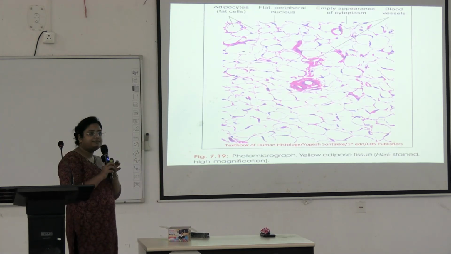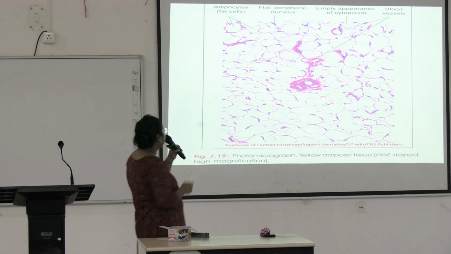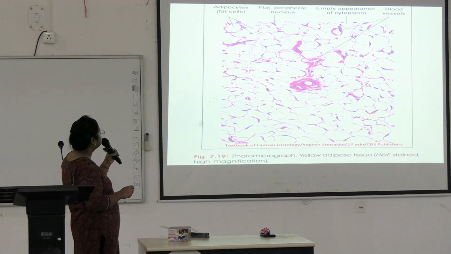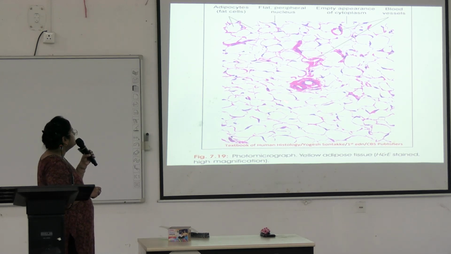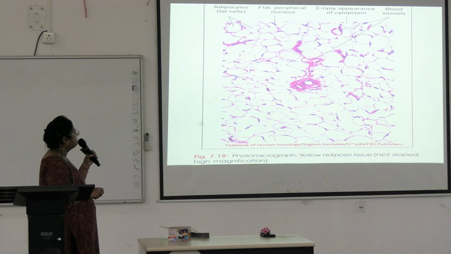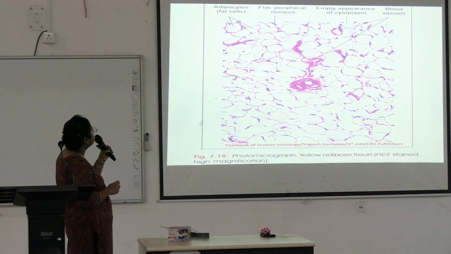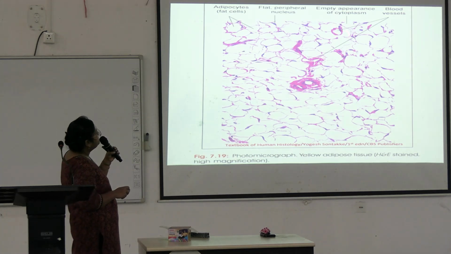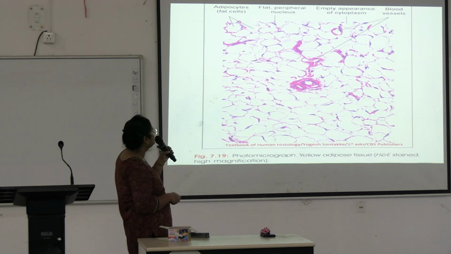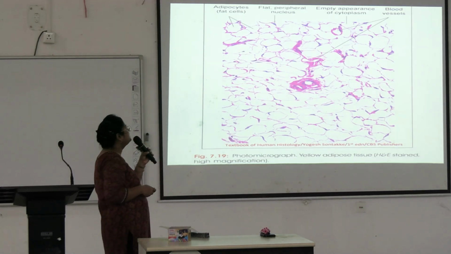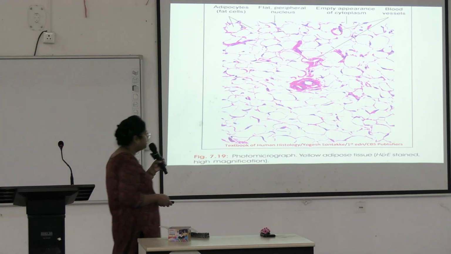So this is the honeycomb appearance or foamy appearance for adipose tissue. See here the adipocytes, and these are sections of blood vessels. Empty appearance of the cytoplasm, thin rim of cytoplasm, peripherally placed flat nucleus. The cytoplasm looks empty because fat is washed out during slide preparation. And it is highly vascular, that's why you will see multiple sections of blood vessels. Okay. Next.